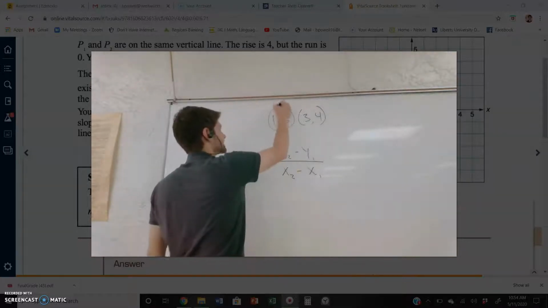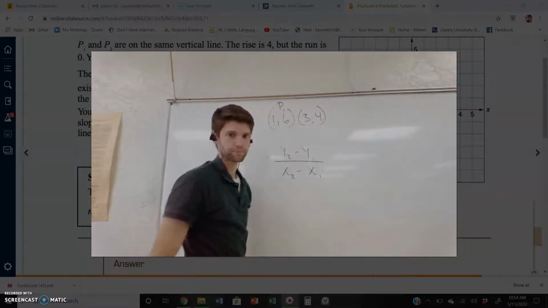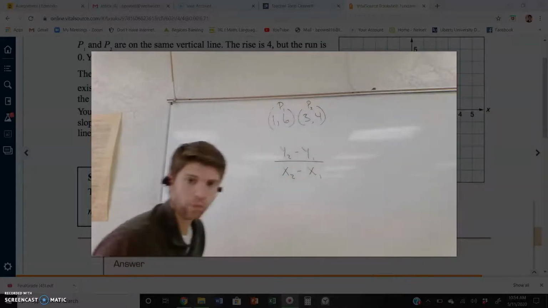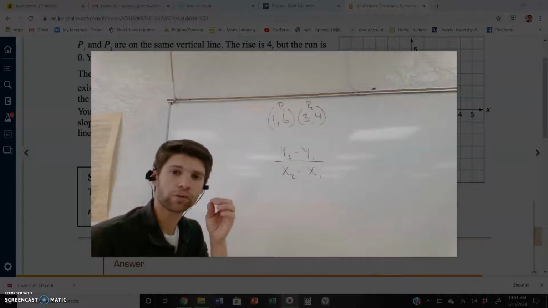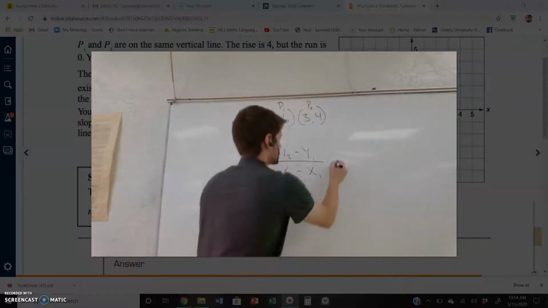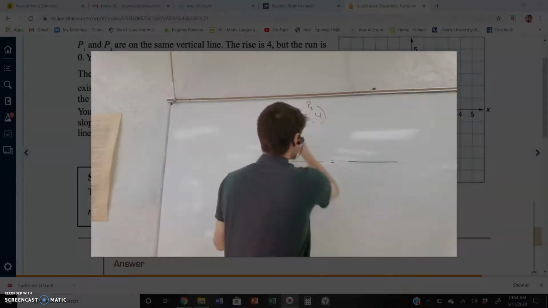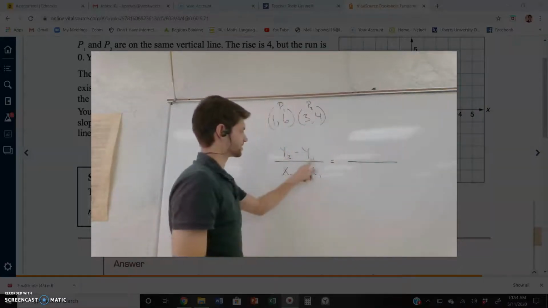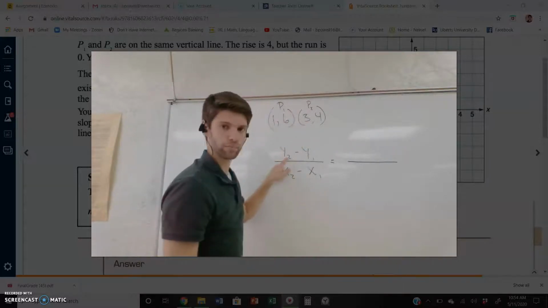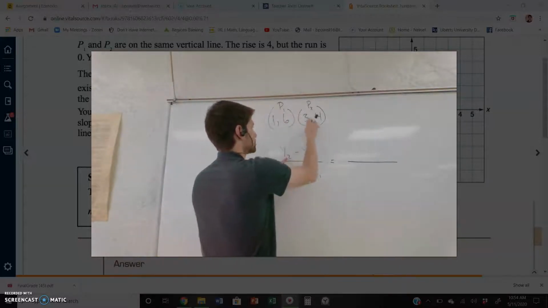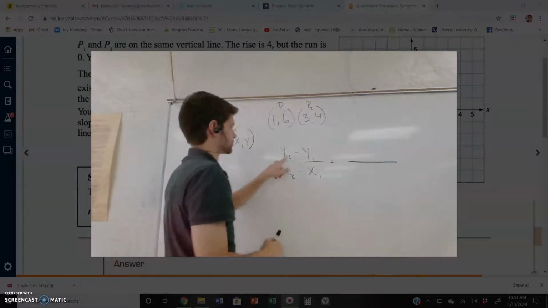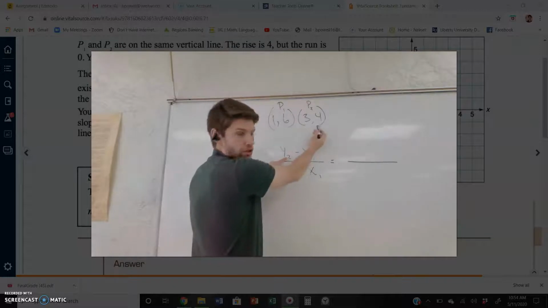I'm going to say this is point 1, and this is point 2. Doesn't matter which one is which, but it is very important to know which one is which. Okay? Now, according to my formula, I'm going to plug everything in. These numbers down here stand for the point. So y from point 2. My y from point 2, remember, the coordinate is x, y. So my y from point 2 is 4